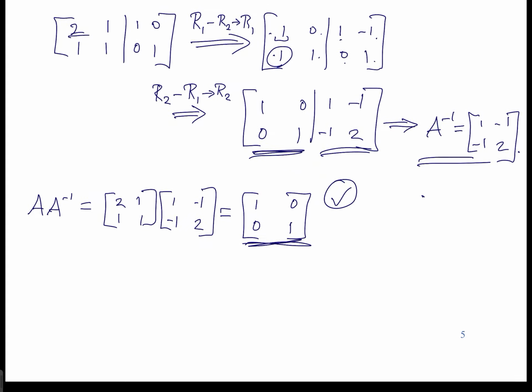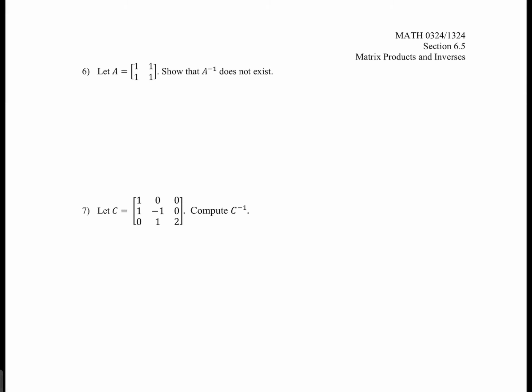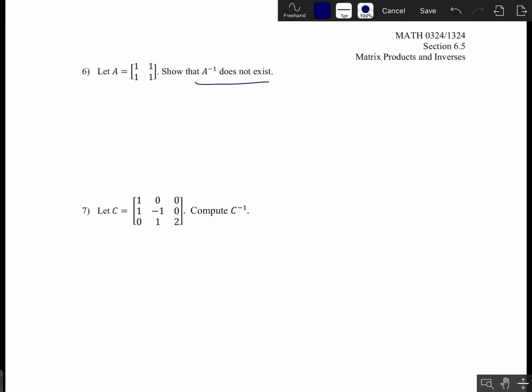So here we're going to show that the inverse does not exist. The only way that we have of doing that is just to compute the reduced form and show that that reduced form has a row of zeros. So I'll go ahead and go through the usual strategy. You may be able to immediately spot that the reduced form here should have a row of zeros, but still I'd like for you to just go through the usual strategy. So I'll append the identity matrix on the right side of this augmentation bar, and then we'll go through the usual row reduction strategy